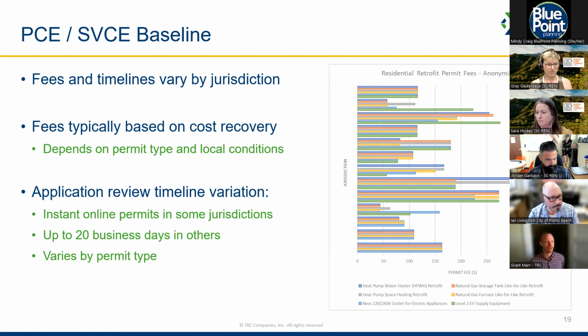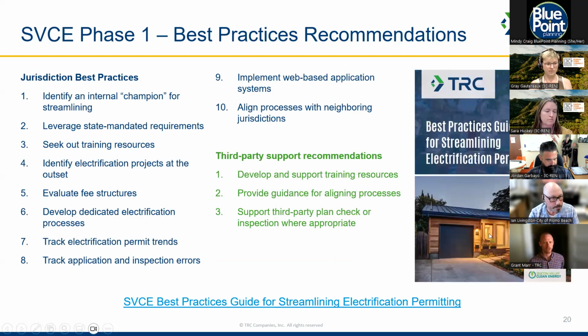On the next slide, I can talk a little bit about the phase one best practices recommendations that came out of our work with SVCE. This is a lot of info here, and I don't have time to go through every single recommendation in detail, but the report can be found on this link on the SVCE website. These are listed in the order that we recommend should be done first, and then to those that should be generally done later, closer to number 10, but this also roughly happens to go from easier steps to harder steps. So starting with just identifying an internal champion for streamlining, all the way down to 7 and